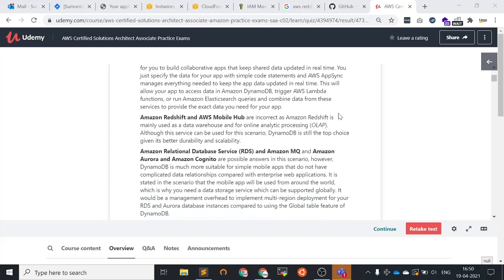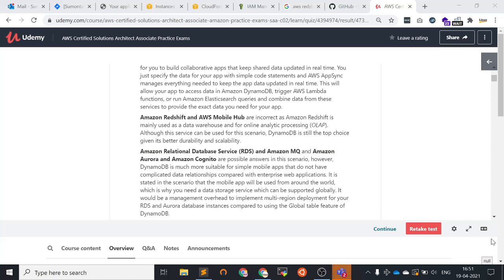Redshift and Mobile Hub is incorrect because Redshift is mainly used as a data warehouse for online analytic processing. Also, this service could be used in this scenario in place of DynamoDB, but DynamoDB is still the top choice for its better durability and scalability.